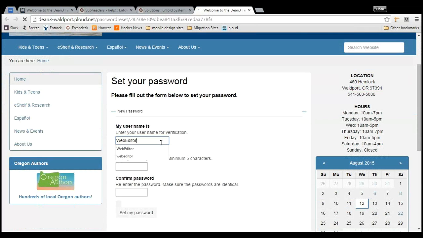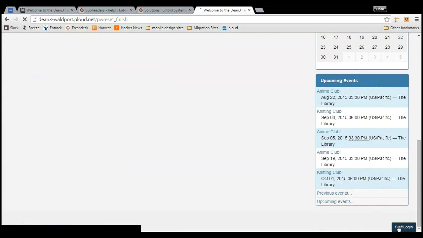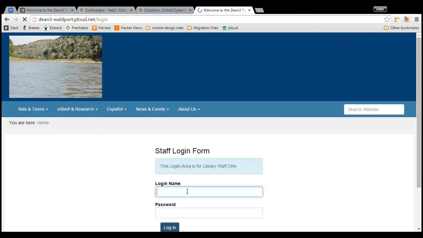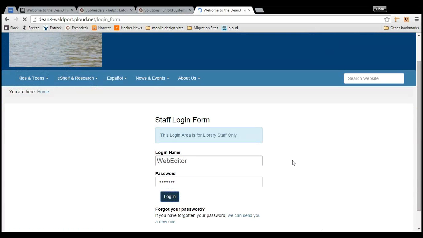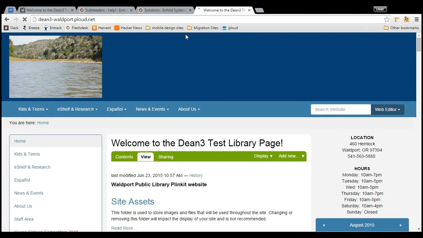I'll put in my username, and I'll put in my new password, and I'll hit set. Then I can come down to my staff login button, and oh, oops, wrong one. I can use my new password to log in. All right, so now that I'm logged in and I've made sure that my password is set to what I wanted,